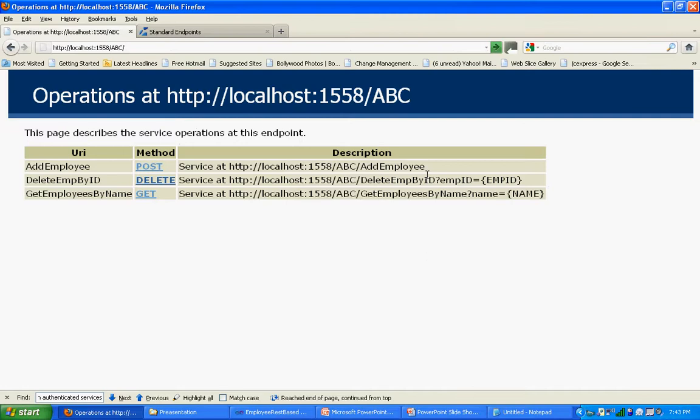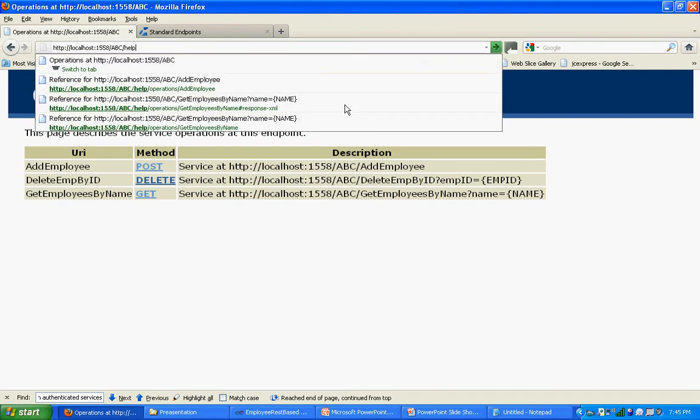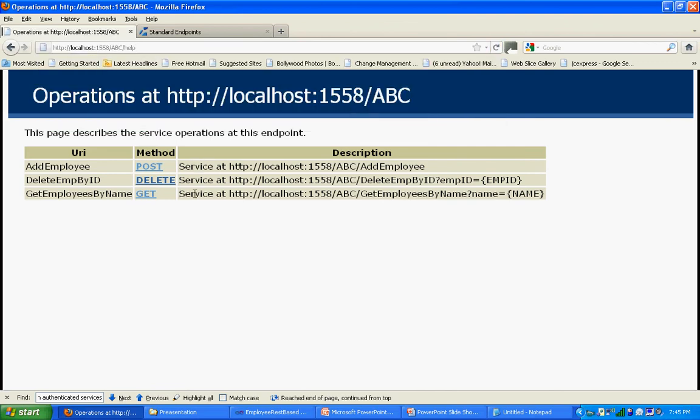And here I am going to show what details the help page gives about your service. I already have a service. Actually my service is an employee service, but I gave ABC as the name of my service. Basically its implementation is in the employee service class, but I configured it with the name ABC keyword. That's why if you give ABC slash, and also I turned on the help page for this service, so if you give just ABC, my service name, slash help, it gives this page.